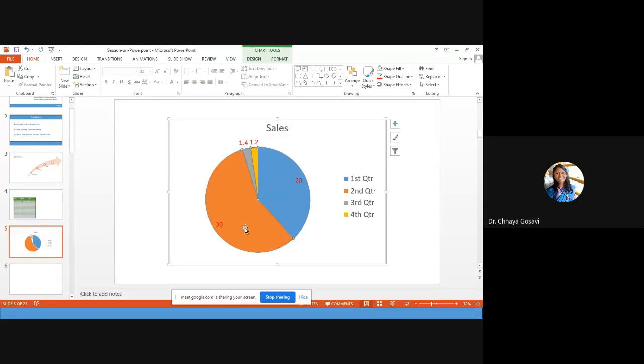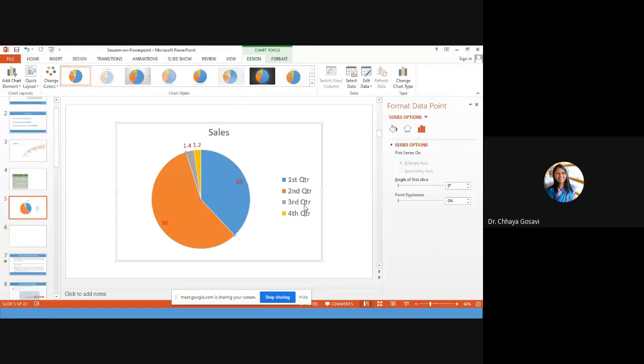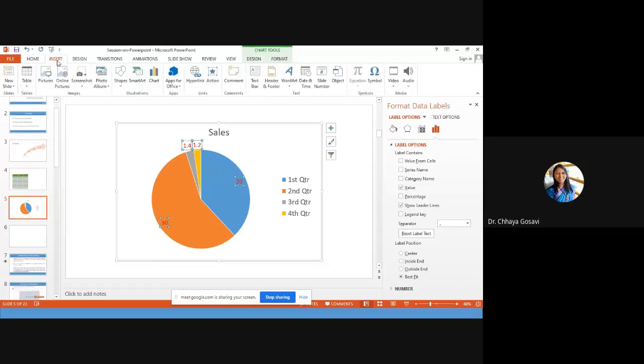If I want to change the data, again click on the chart and double click. Here you can see formatting options. Okay. In insert, next topic is hyperlinks.